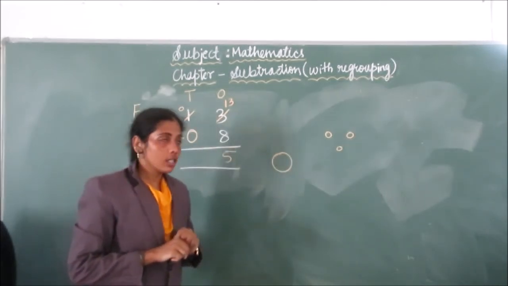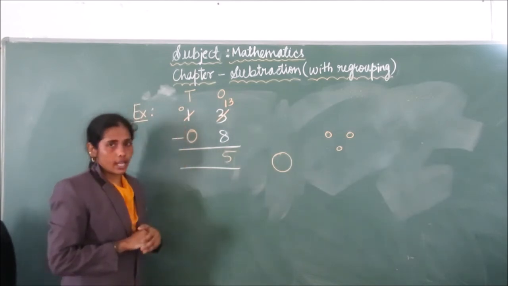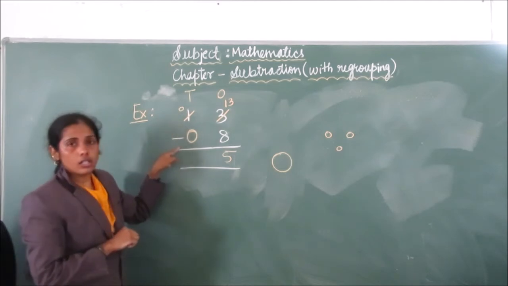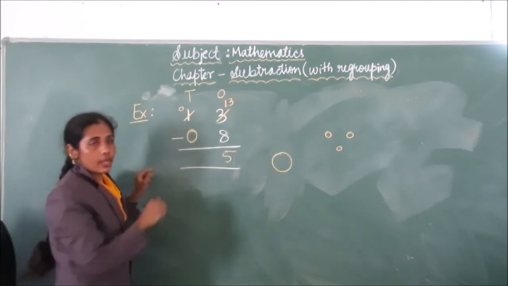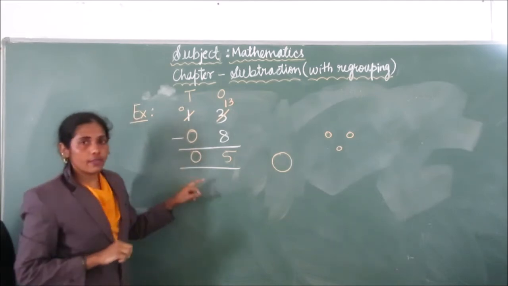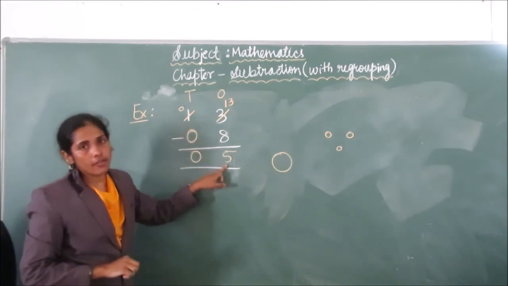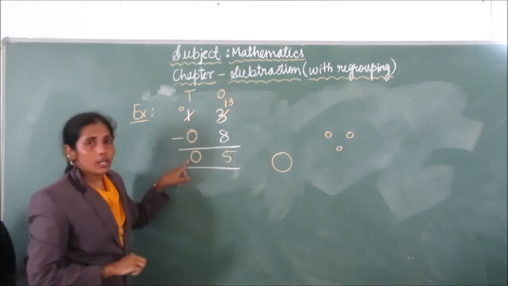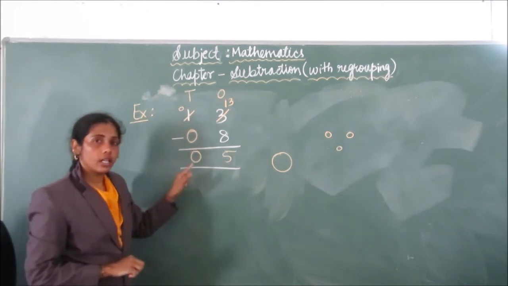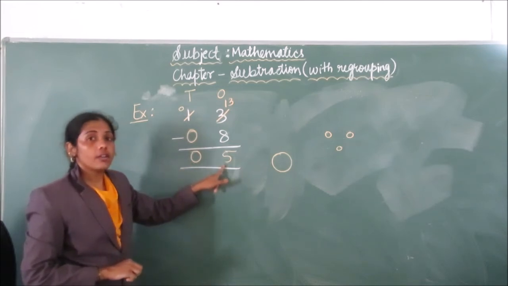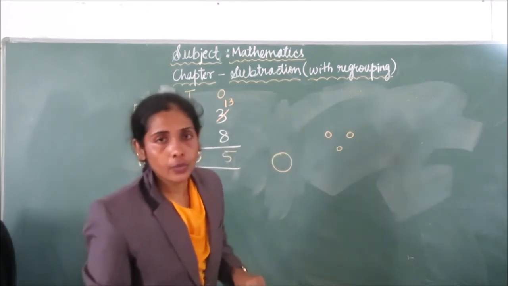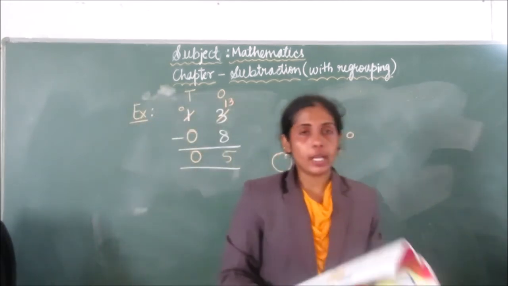Understood, children? Now come to the place of tens. See, what two numbers are there here? 0, 0. The answer will be 0 minus 0, 0 only. What is the difference for this question? Only 5. Is there any number in the place of tens? No numbers, the 0 only. In the place of ones, there is 5 ones. Understood? So like this you have to solve the remaining questions.